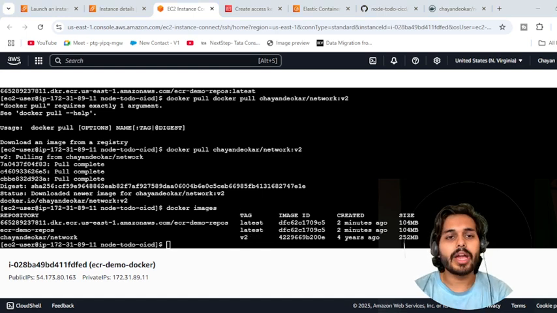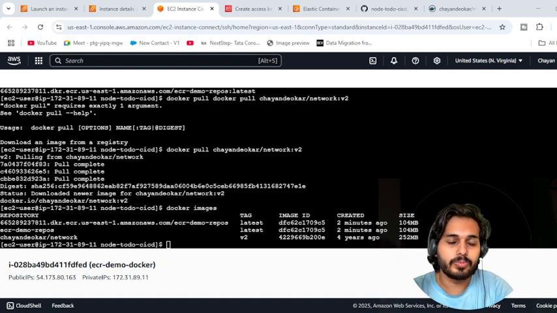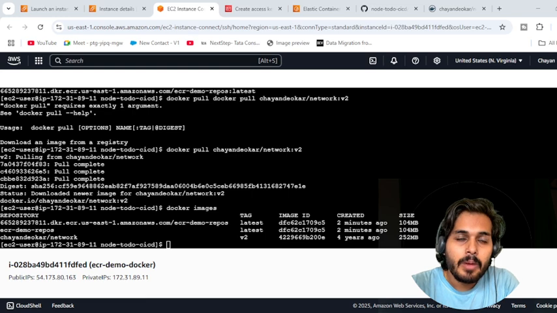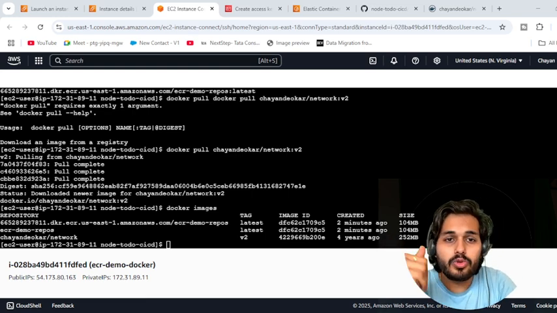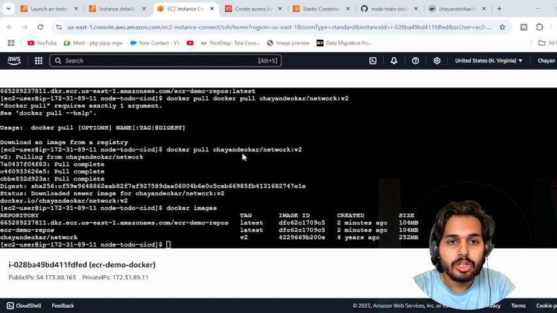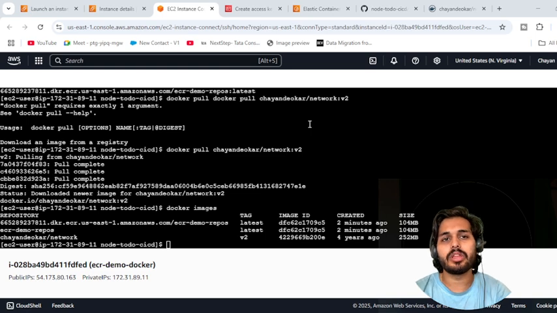So in this way, you can push Docker images to the ECR repository if you are in the private world, the AWS world. And if you want to go with the public world, same, you can just build and put it on Docker Hub. Now if I talk about where this is used in real life,